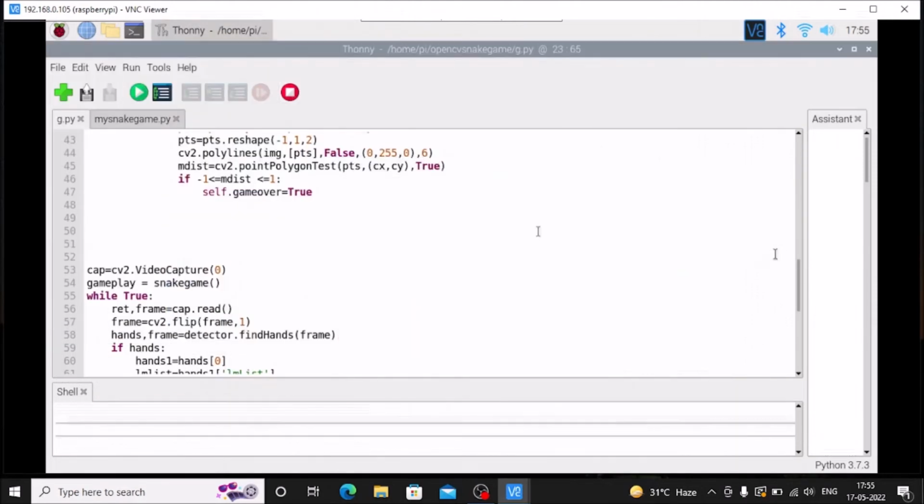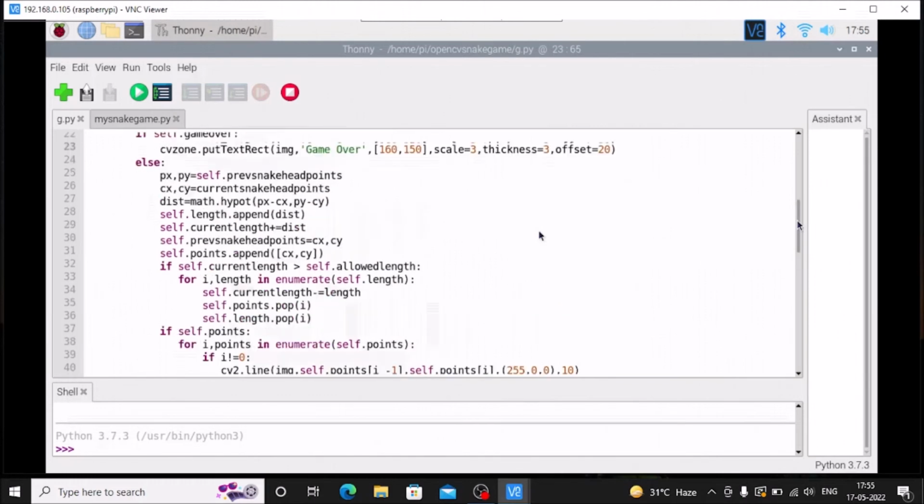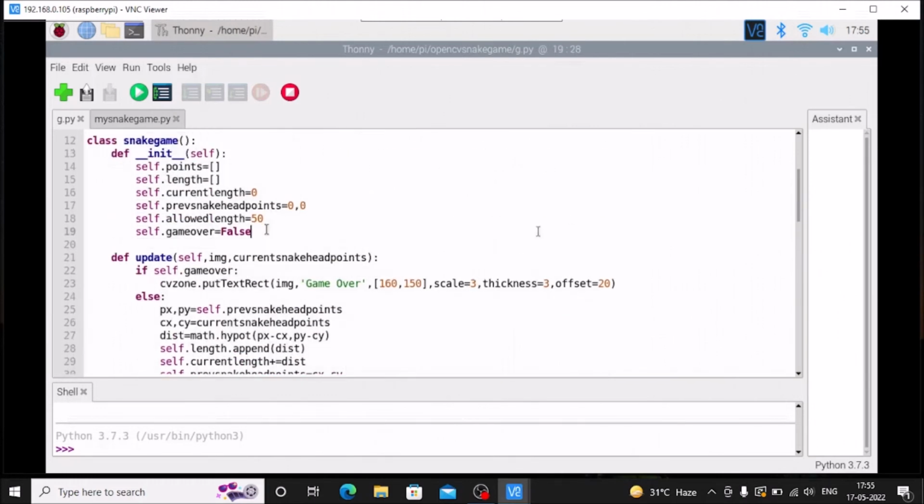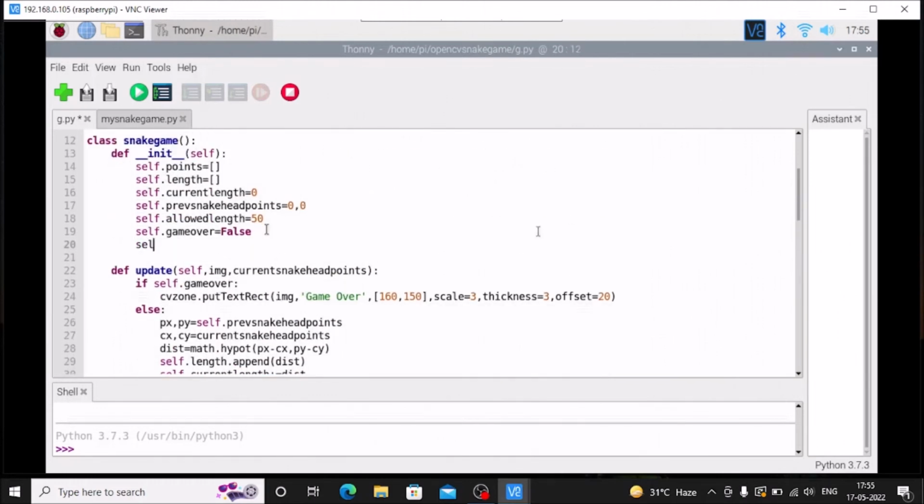Now what we want to do, as I told you, we need to create the food. So now here we are going to mention self dot food, but first we need to mention here food path. So path of our food. Then self dot food is equal to cv2 dot imread. Inside that we need to mention path of food, path food. Then cv2 dot IMREAD unchanged,